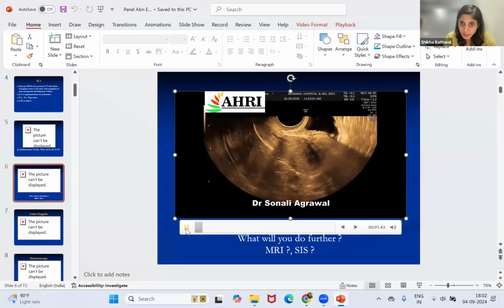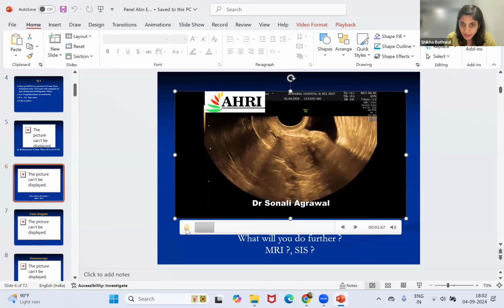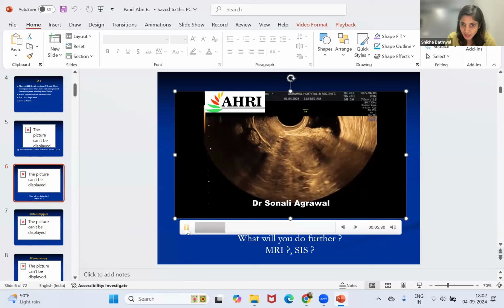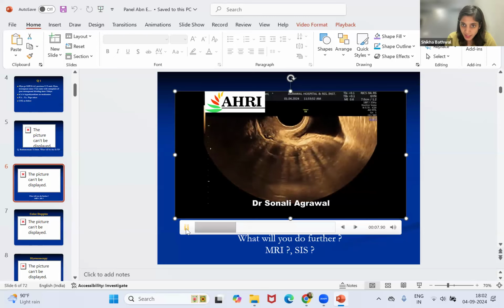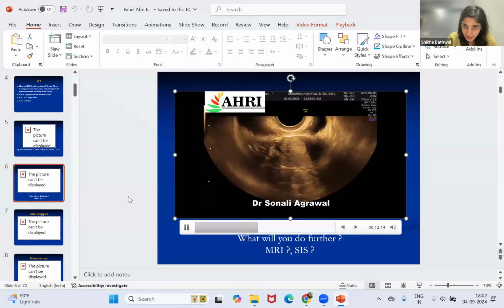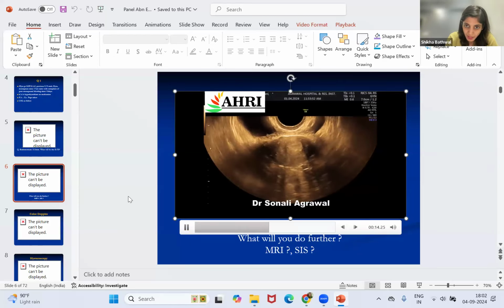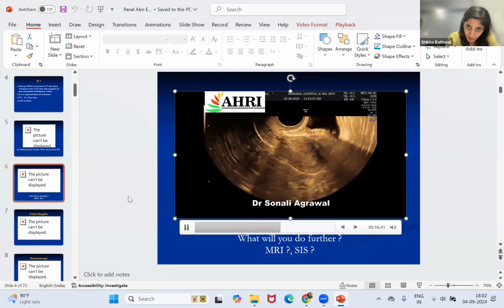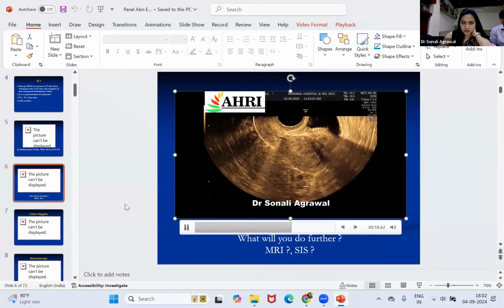So this ultrasound is showing a thickened endometrium, as you have said, the thickness 13 mm, and it is a little heterogeneous in echotexture, slightly hyperechoic,